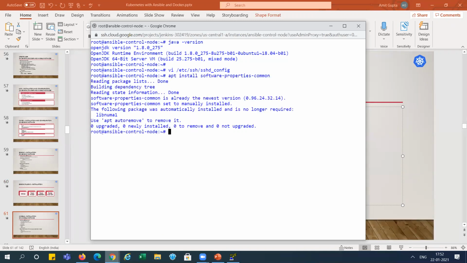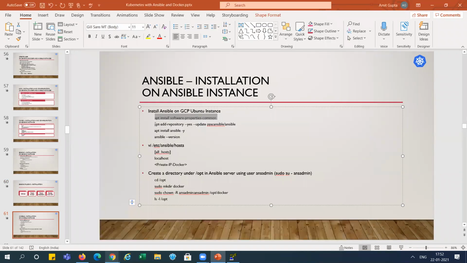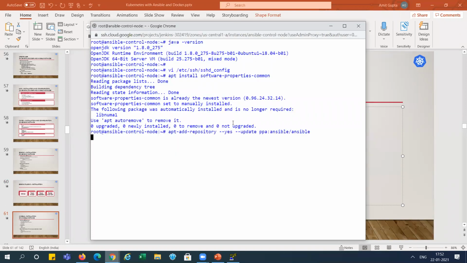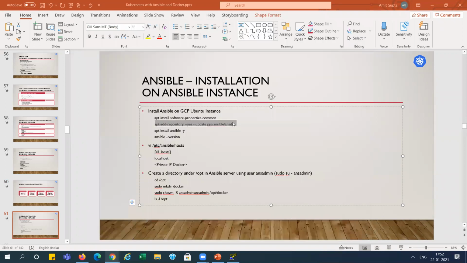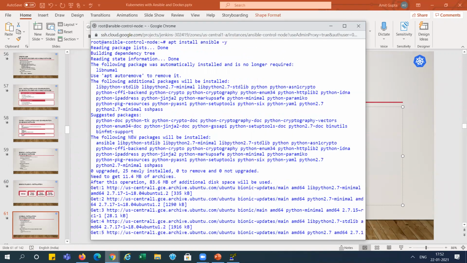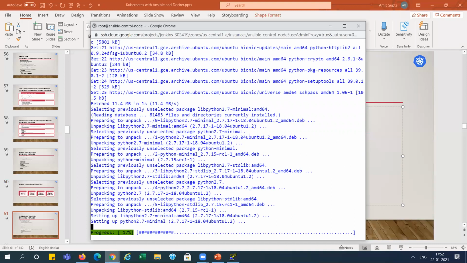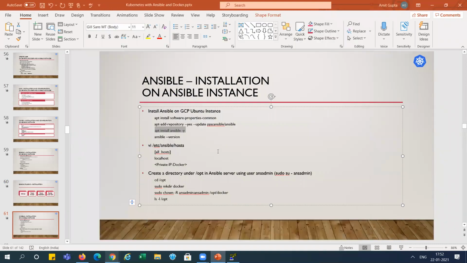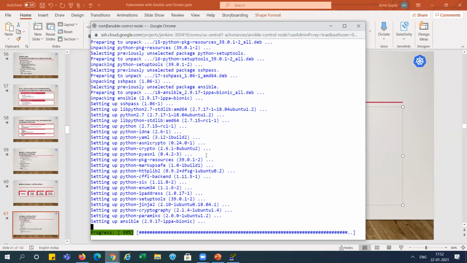I'm installing this one, and after that, repository, we are installing it. And after installing it, we install the Ansible, and we will check the Ansible version, which version we are getting.